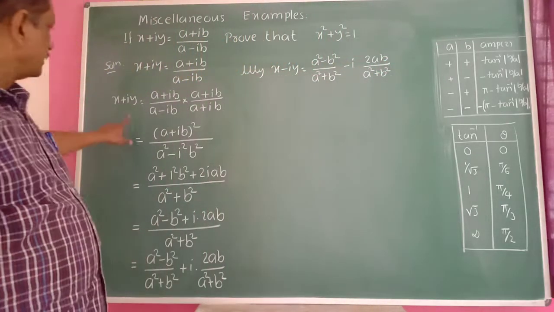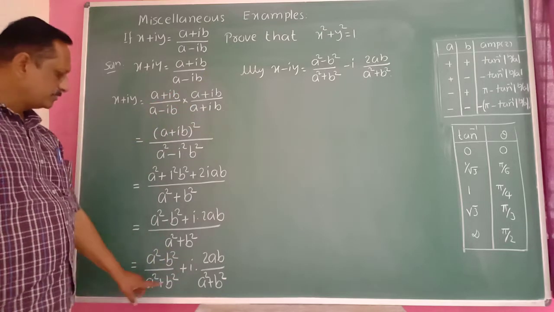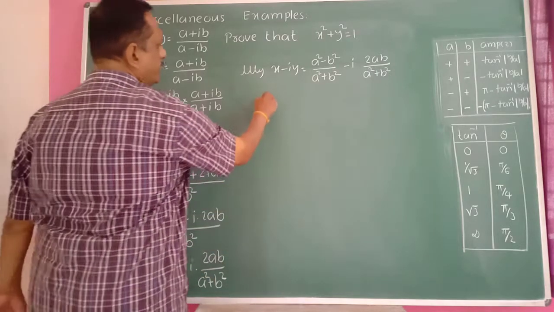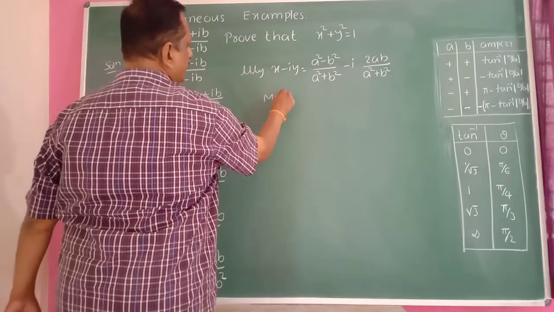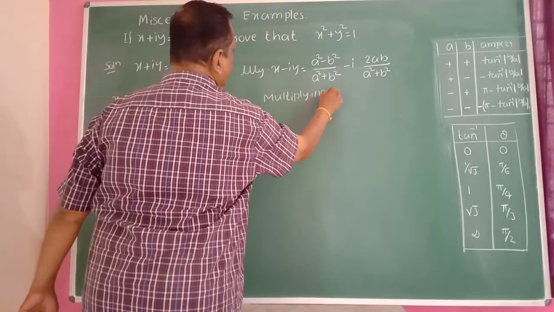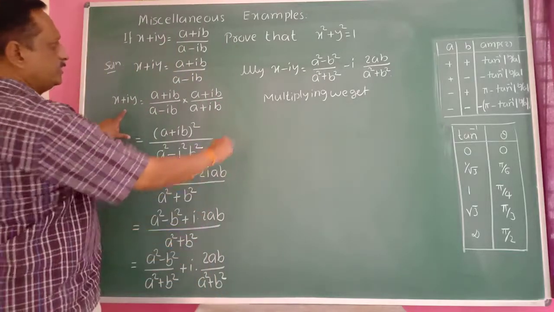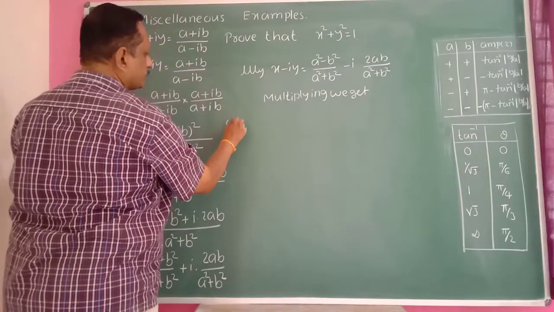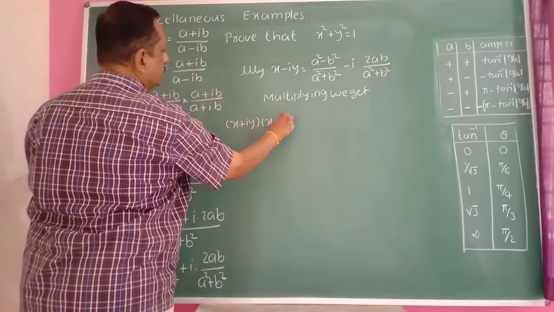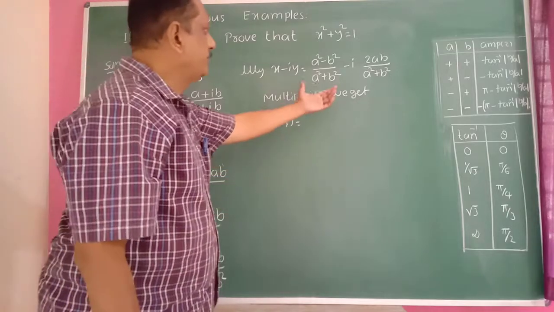It's a conjugate here. x plus iy is a complex number. Its conjugate is just to change the sign. Then multiply the terms here. Multiplying, we get (x plus iy) into (x minus iy) here. x plus iy into x minus iy is equal to this term into this term here.